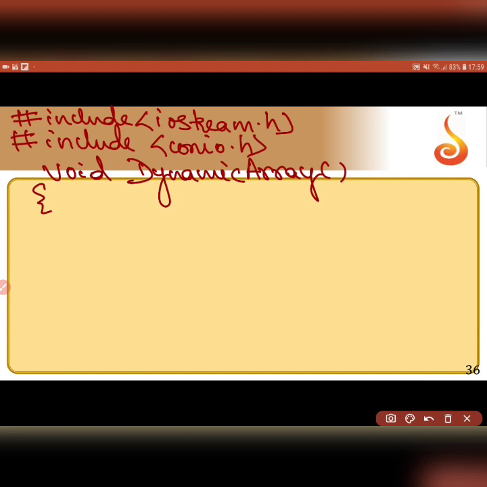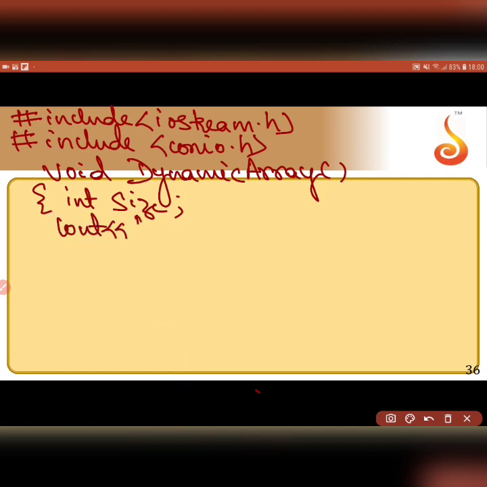In that, what do I need? I will say int size. Let me ask the user, because the size of the array, if it was a static array, was fixed, right? I would say maximum of 50 elements or 40 elements or 100 elements, and then I will ask the user how many elements you need. But then the memory would be allocated for 100 elements only. So here I am going to take in the size of the array, because dynamically I am going to allocate memory for only that many elements. So int size,